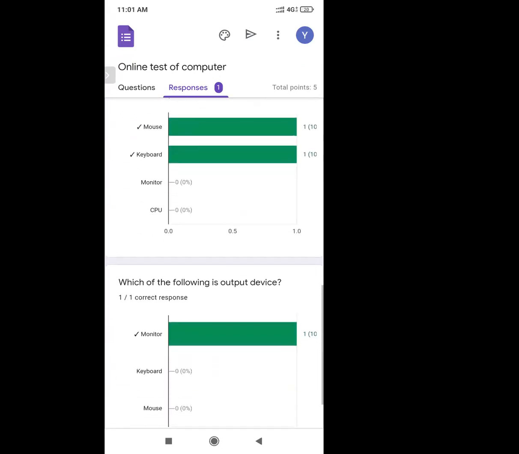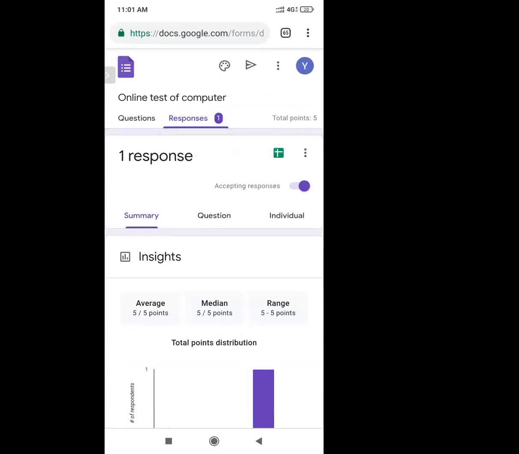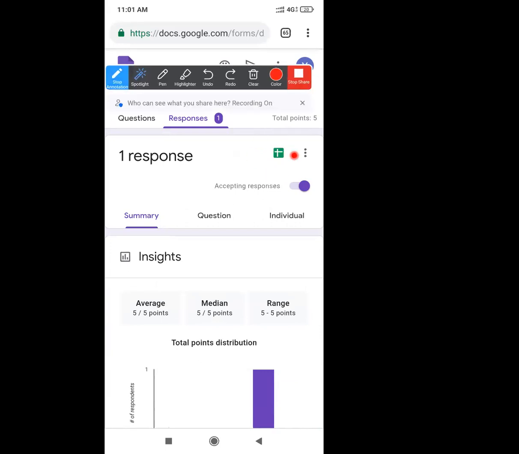In this way, the number of responses coming from the participants, you can check from here. Or here you can see there is a plus green sign. This one is for the Excel sheet, meaning you can generate the responses in an Excel sheet also.